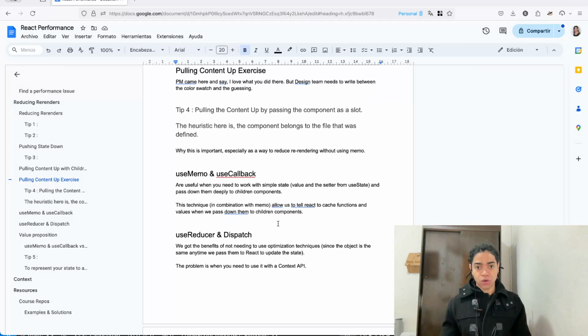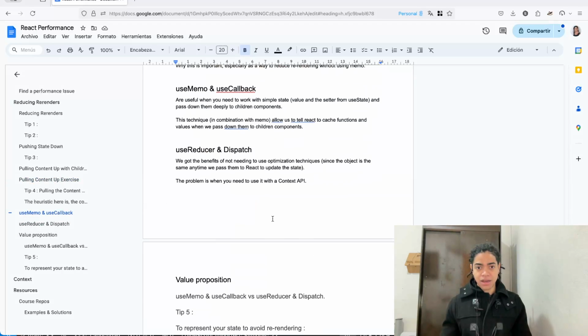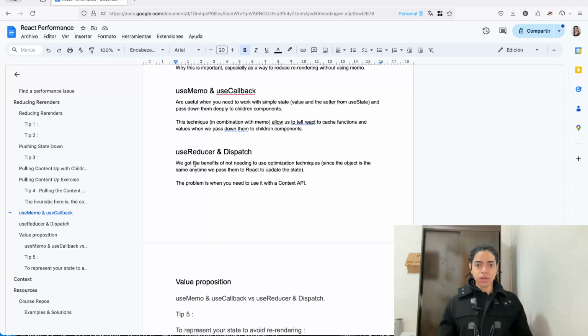And even though we're using that, we want to see how we can actually stop React from computing those components,